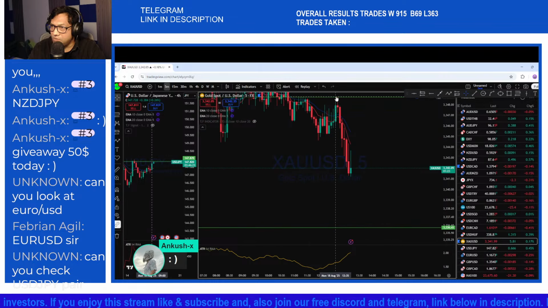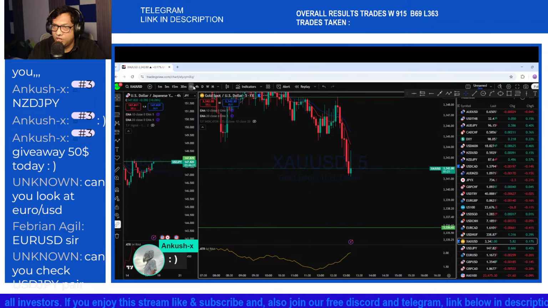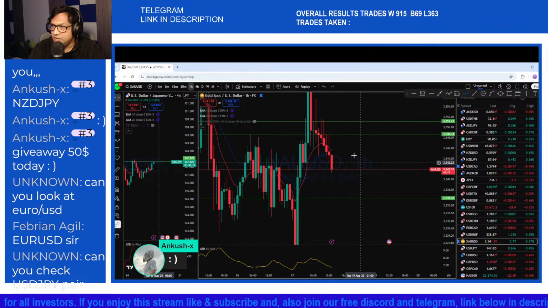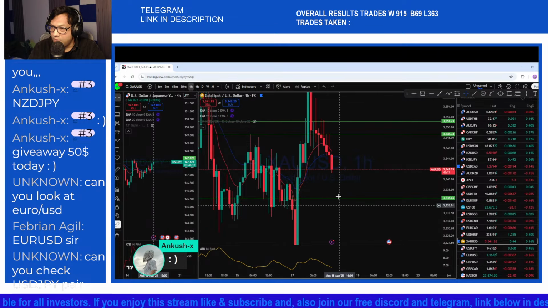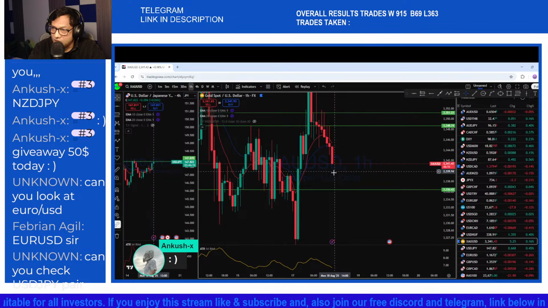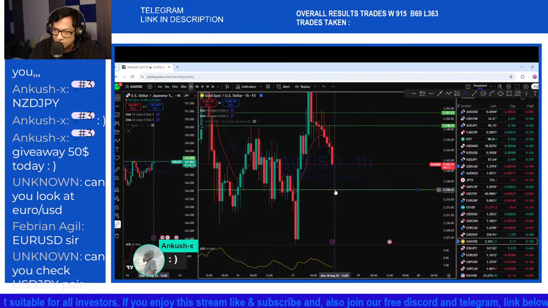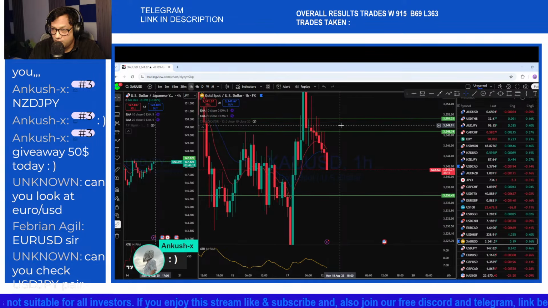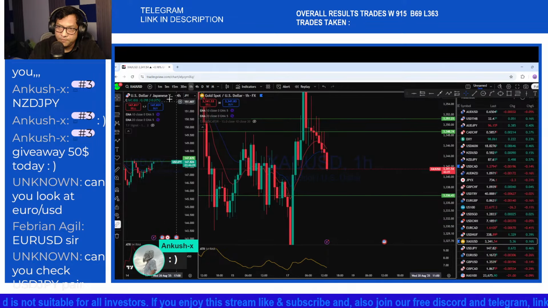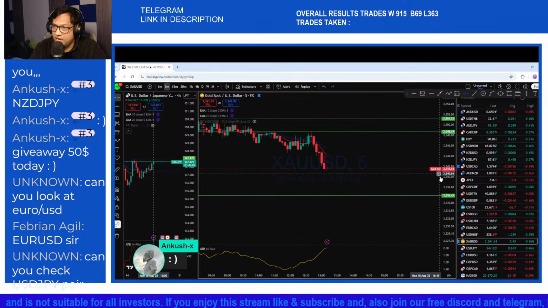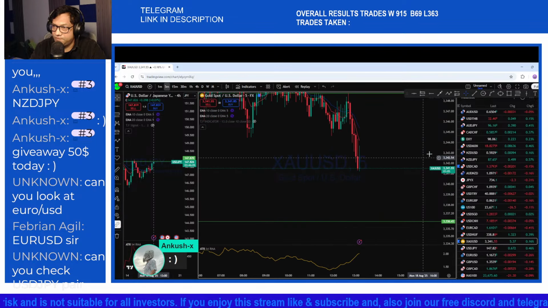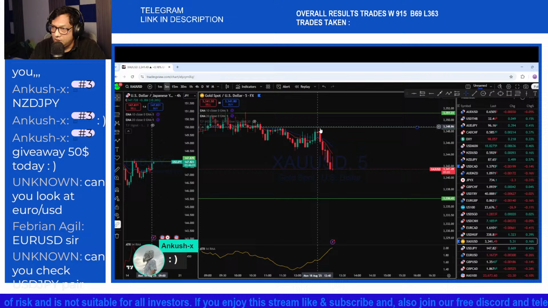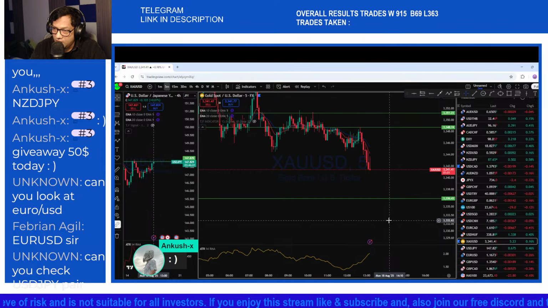Now if this market comes straight back below here, if you look at the 1 hour, you can see that this is one single move coming down here. If the market drops straight back below to the daily low, it is possible for the market to go back up again. So when the market rejects, that means coming down to a key level,